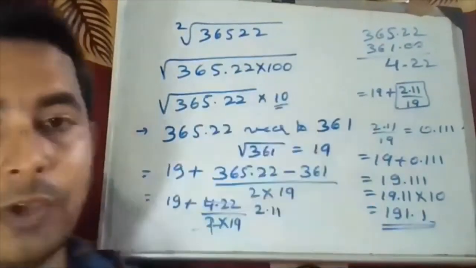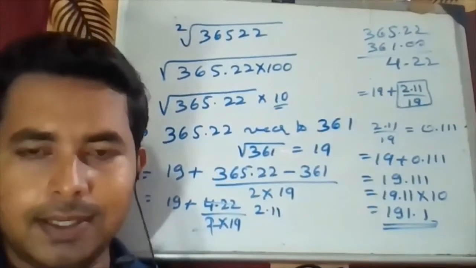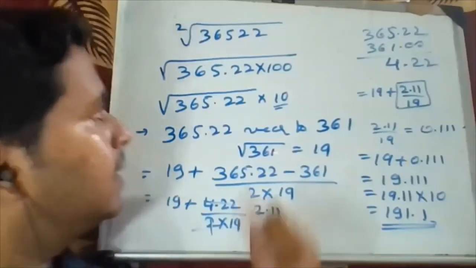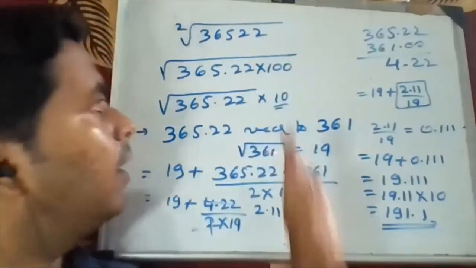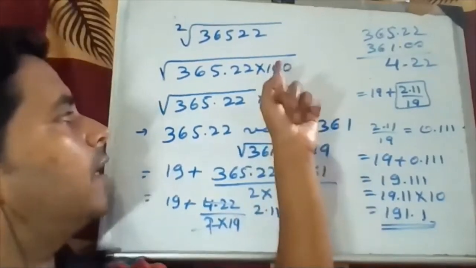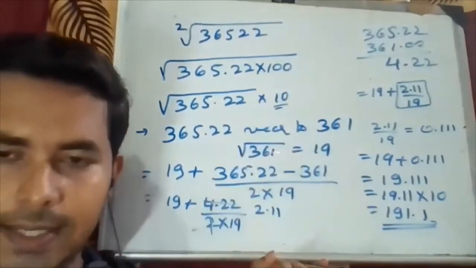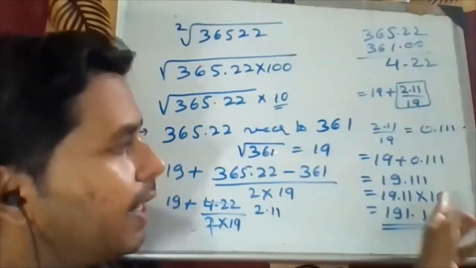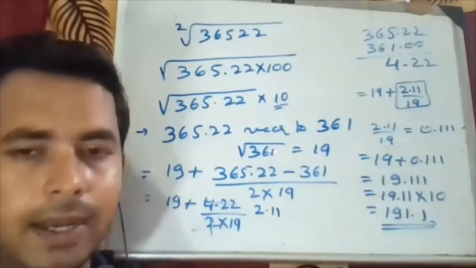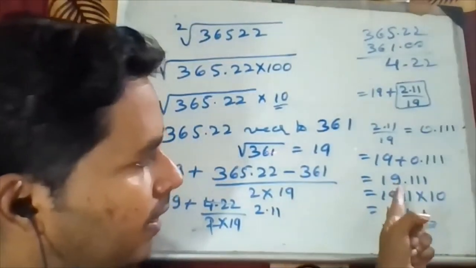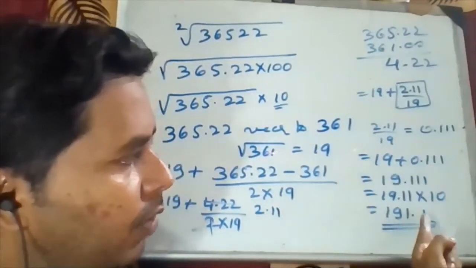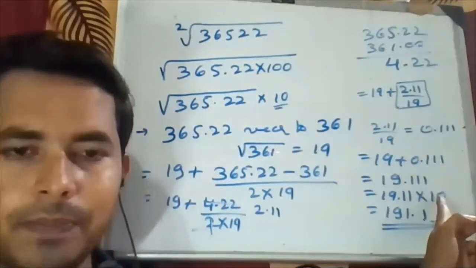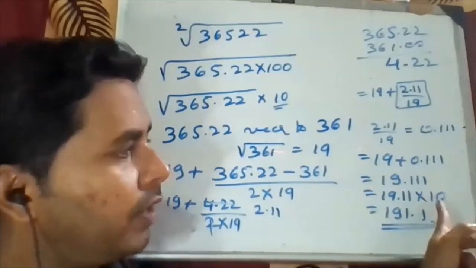And this way, if you got a 5 digit imperfect square value and you have to find the square root, ऐसे आप multiply कर लो with a 100. Okay, just multiply with a 100. So your simplification goes easy. Okay, so only thing here you have to check is the division. It's a small one. You'll get it easily. Then at the end, don't forget to multiply by 10 because आपके ऑप्शन पे भी रहता है 19.11 भी रहता है, 191.1 भी रहता है. So after coming up to here, if you miss this step, it's a waste of time. Okay, don't forget to multiply by 10.